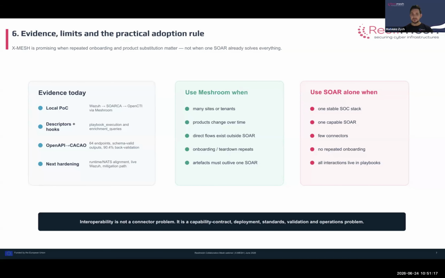Direct flows exist outside SOAR. So if you have some procedures that you do day by day, just put them also as connectors, or what are called plugs, in Mushroom. And the artifacts must outlive SOAR. So the playbooks may change, right? Whereas your connection should be more persistent. So, concluding,